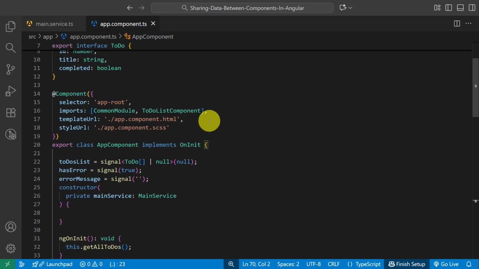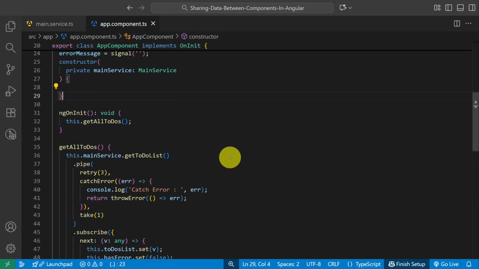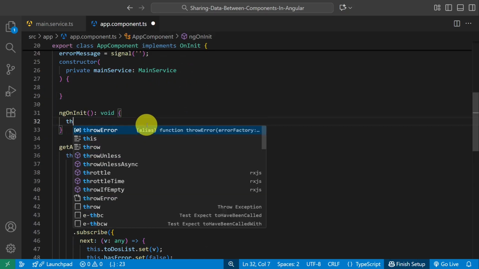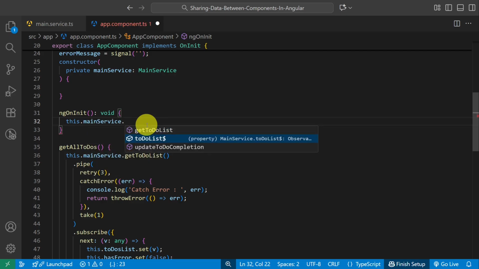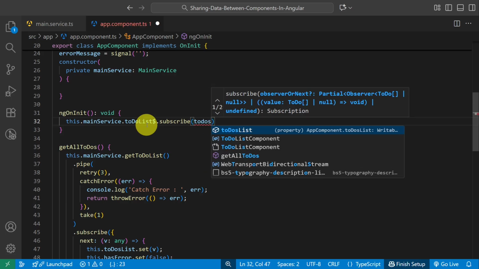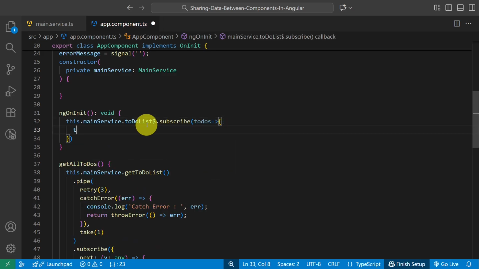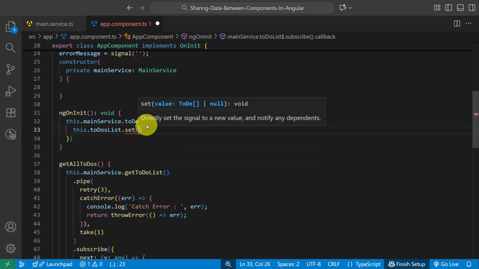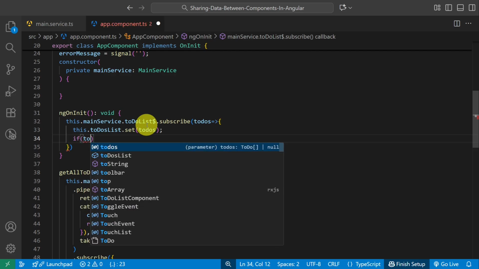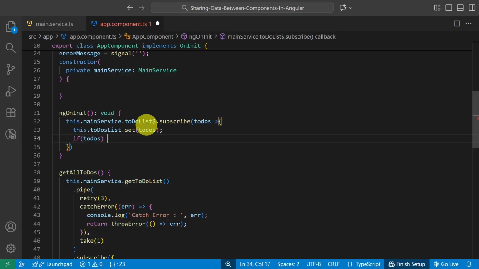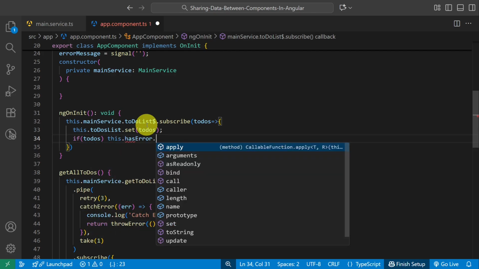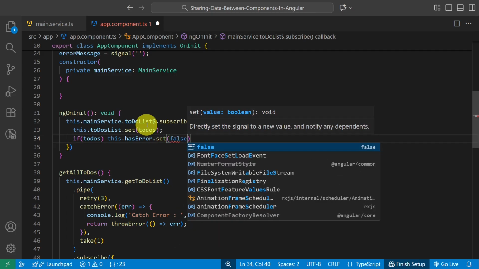Now we go back to app.component to modify some code. First, in ngOnInit, I use mainService.todoListObservable to get the data through this observable. Now I set the todos to todoList, and here I check if we have todos, I just set hasError to false.